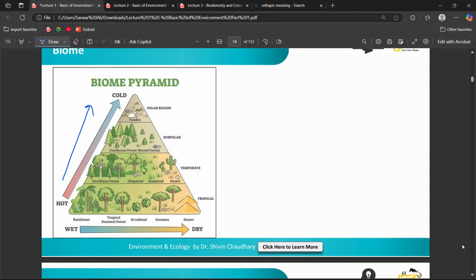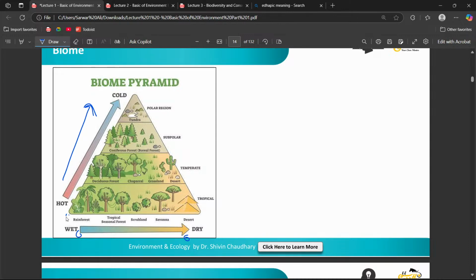At biome last time. We will continue from biome. So this is a biome pyramid. As you can see, from here to here we are moving from hot to cold, right? What is this? This is basically weather, and we are moving from wet to dry. So let's say we are seeing there is hot, there is